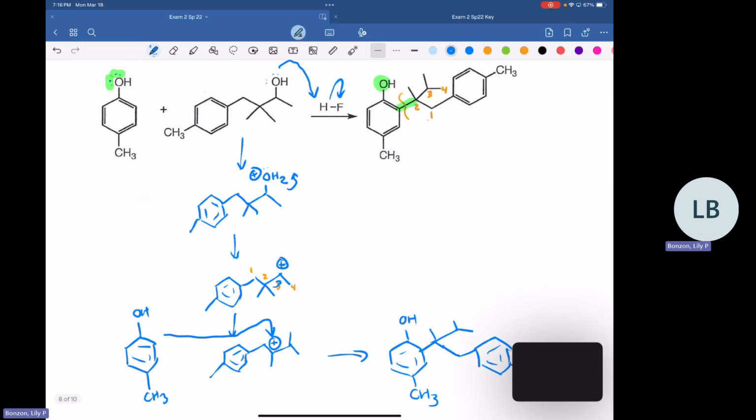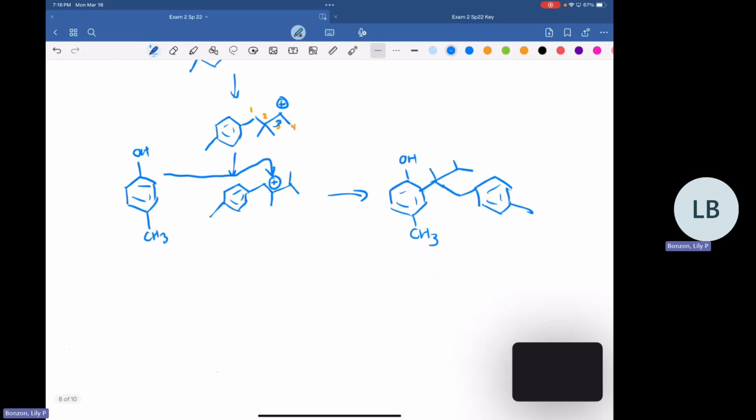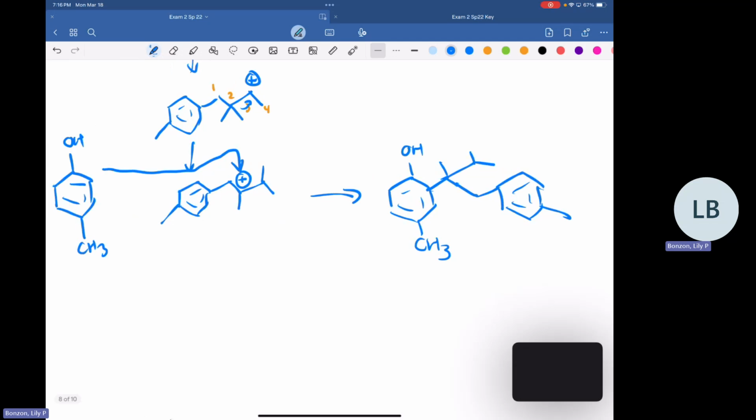Okay, I think I drew that right. Okay. All right, so we've added on our structures to each other. So we're going to be left with